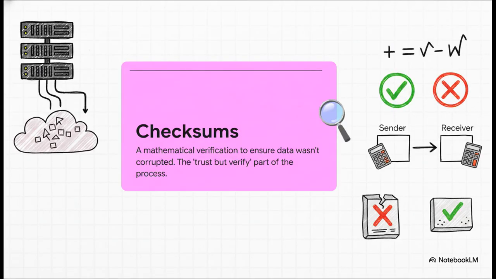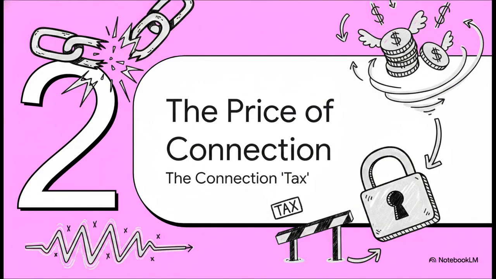And finally, how do you know the data didn't get messed up on the way? You know, a bit gets flipped here or there because of a bad cable or something. For this, TCP uses a checksum. It's basically a quick math problem that the sender does on the data. It sends the answer along with the data. The receiver does the exact same math problem. If the answers don't match, boom, the data's corrupt. It gets thrown out.